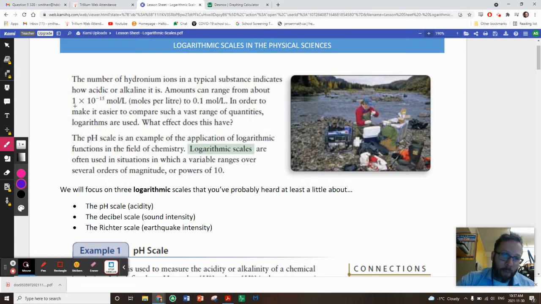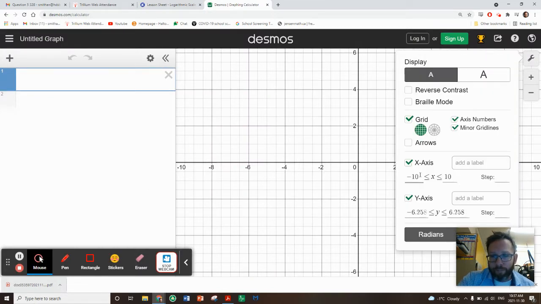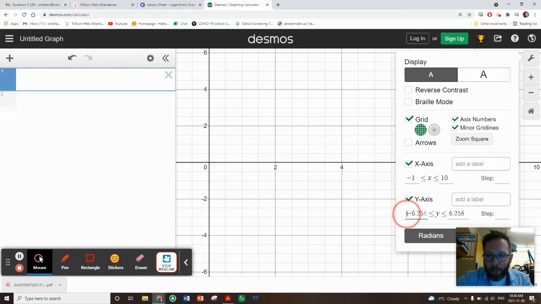So with the example here, some very alkaline things, not very acidic, might only have 1 times 10 to the minus 15 moles per liter of hydronium, whereas something very acidic might have 0.1 moles per liter. That spans about 14 orders of 10. And to give you an idea of that, if I head to Desmos and wanted to maybe plot those on the same graph,